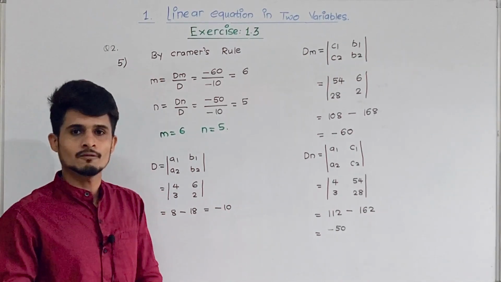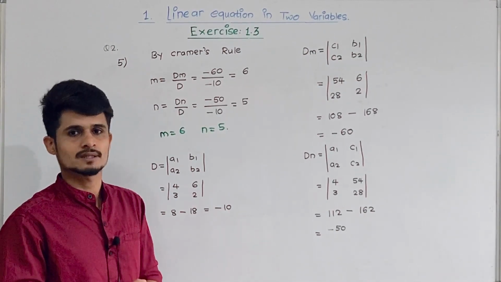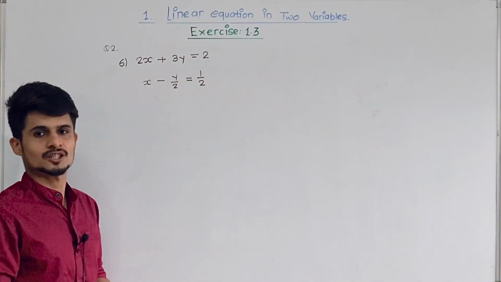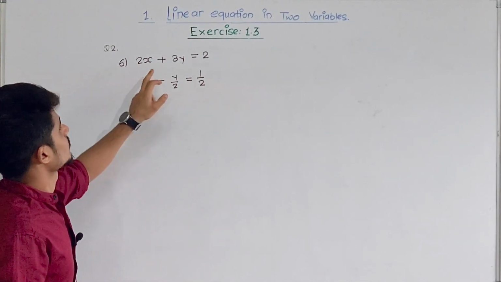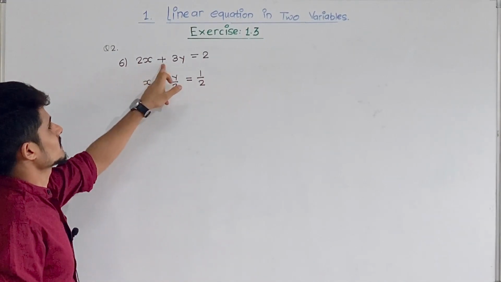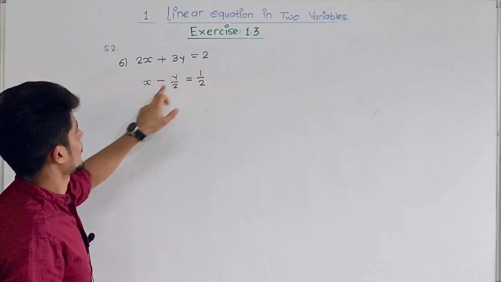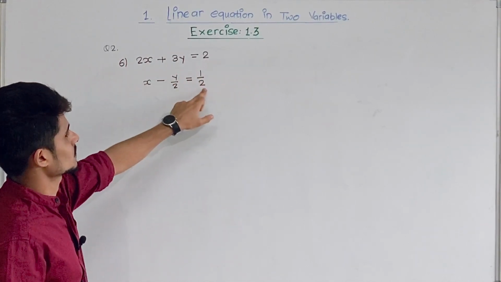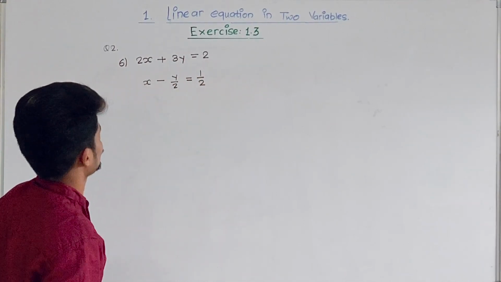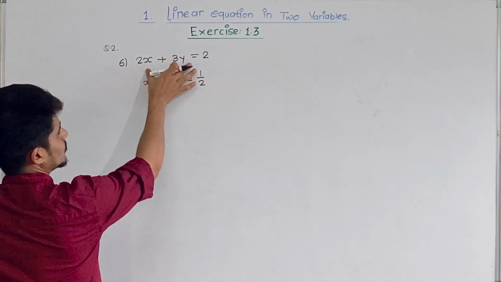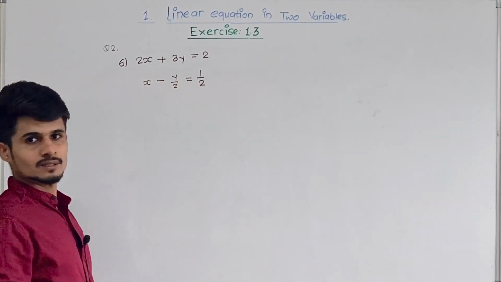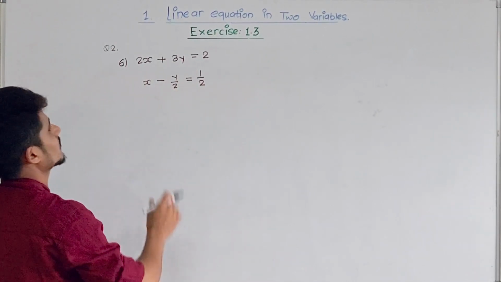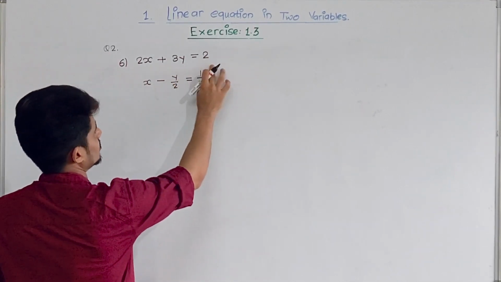Now we'll see our last question, question number 6. So let's see question number 6. The equations are 2x plus 3y is equals to 2 and x minus y by 2 is equals to 1 by 2. So we'll compare the equations with the general equations and find the values of a1, b1, c1, a2,